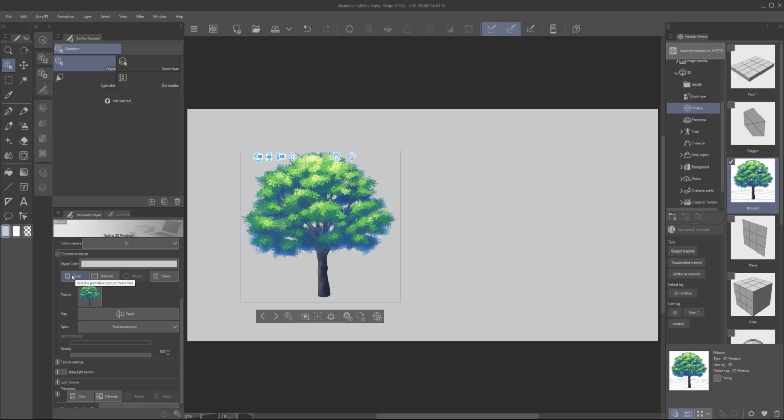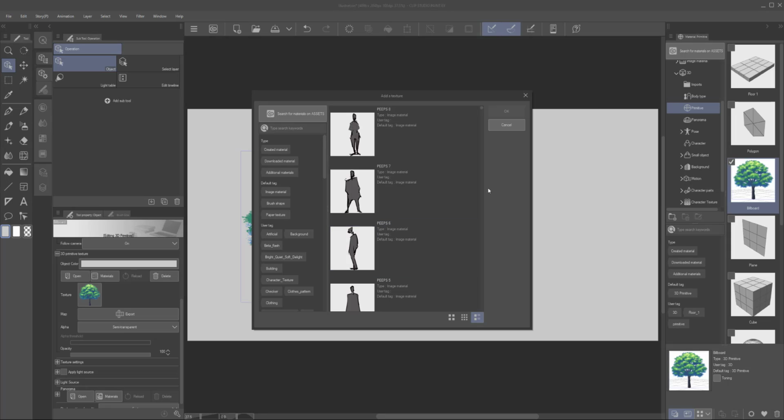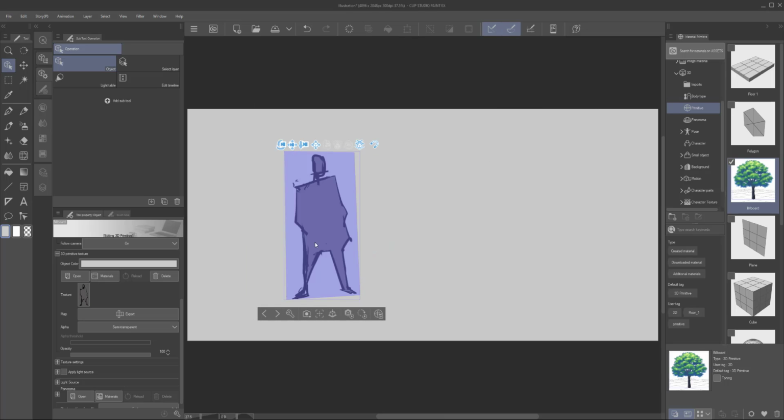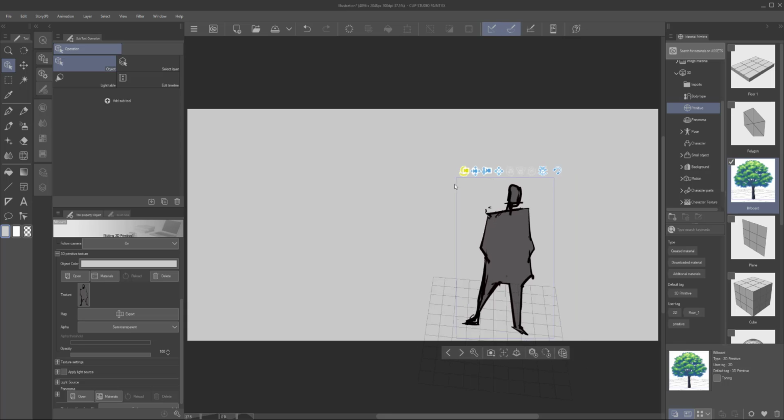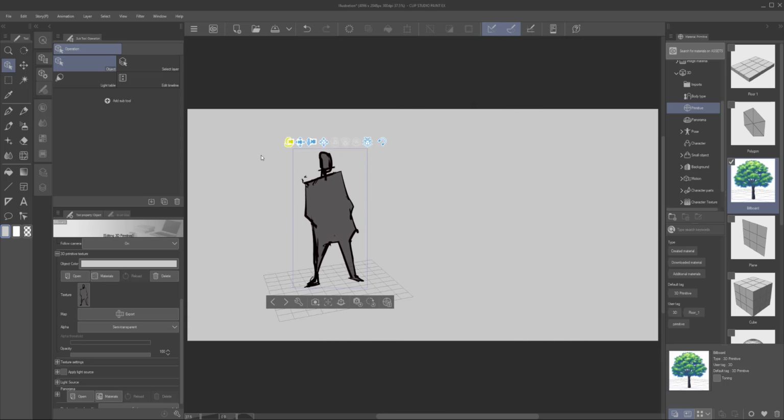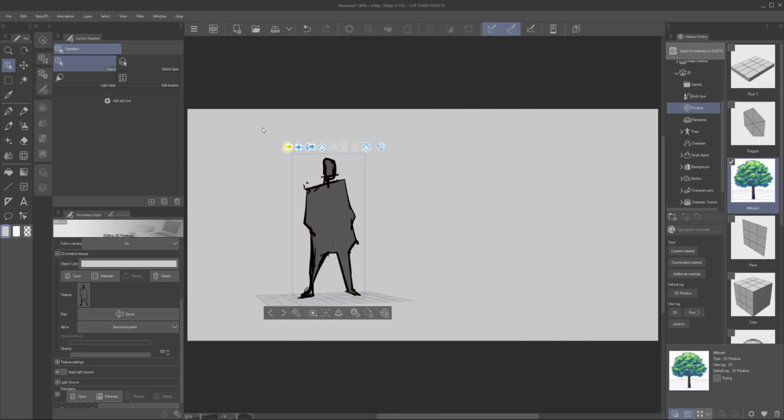You can open something from a file, materials from the material library. So I can pick one of my peeps and say okay, and all of a sudden I got this character right here. Right? And if I turn this, he's always facing the camera, which is very handy. We also have a plane,